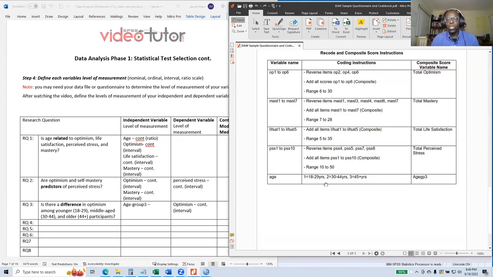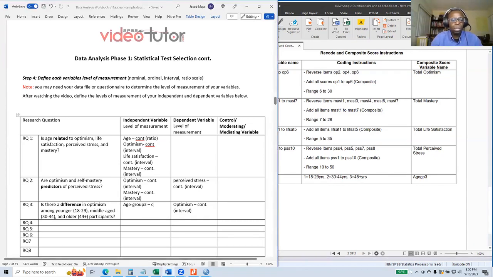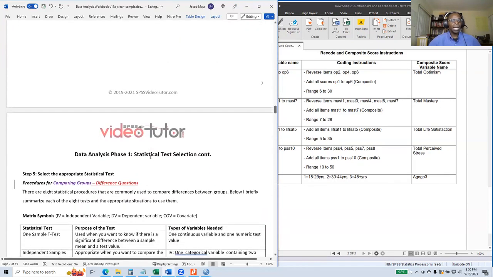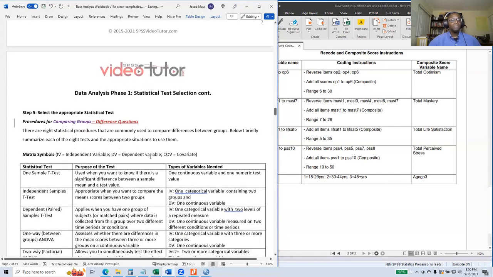Excellent. It's ordinal because 1 is the youngest group, 2 is the middle age group, and 3 is the oldest group. So there's an order there. It's a label and an order. Okay. So we're going to type in categorical and then ordinal. Okay. All right. So now that we've done that, we can now go to step 5, which is select